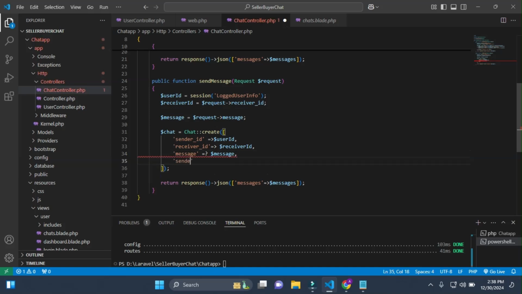Okay, so in the sender_type, we just use this user. Okay, so and that's it, and just simply close this. So in the last, so I'll just simple. Okay, that's great. And in this response I'll just return JSON